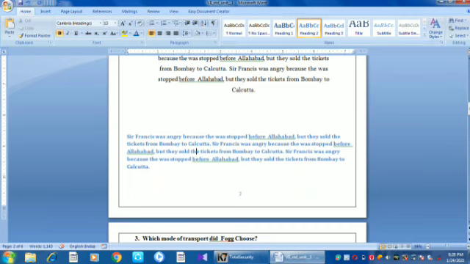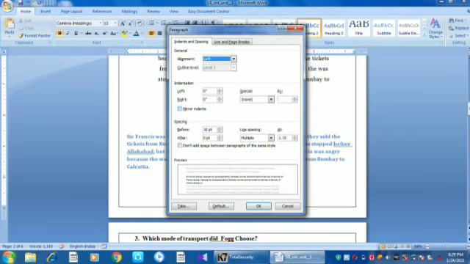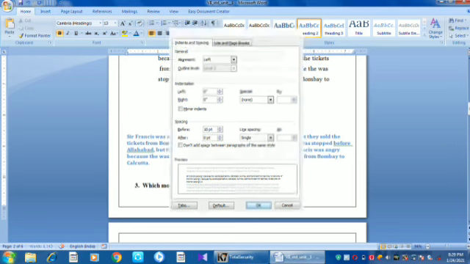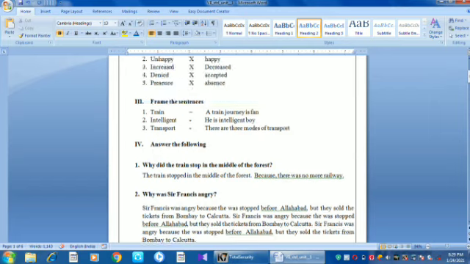Then the last one, change the space between paragraphs and lines. For that we can click the paragraph options on the Home tab. Under that, paragraph options are available here. We can select indent and spacing. Here line spacing is available. Suppose we click single, our output will be displayed in single lines. I can make it clearer.